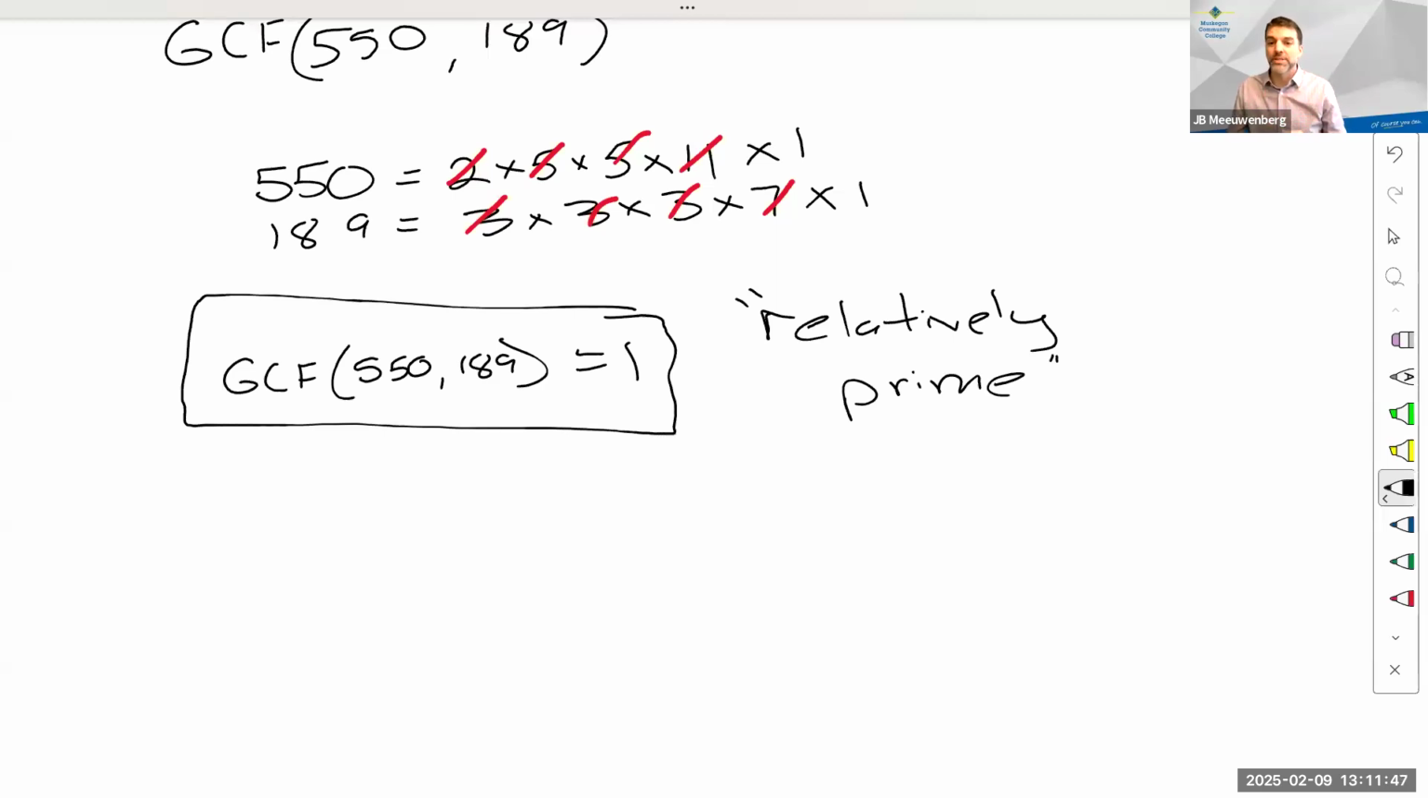And in our next video, we're going to move on to talk about multiples. This was all about factors, greatest common factors, and then we're going to be moving on to